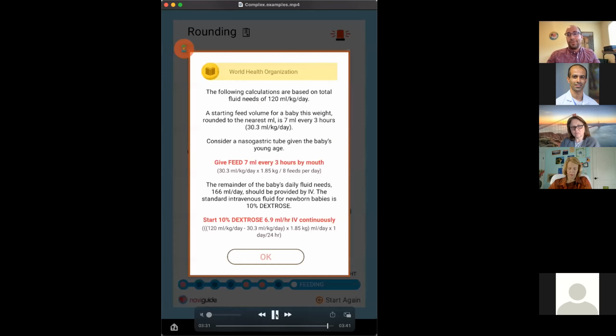And once you confirm the weight, getting out not only the total fluid calculations based on your guidelines, but also the feeding calculation rounded to the nearest milliliter, and then the corresponding IV fluid calculation to get you here. This is the day-to-day work of pediatric residents.